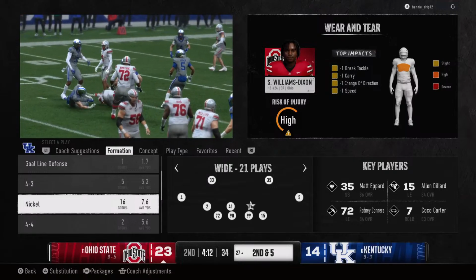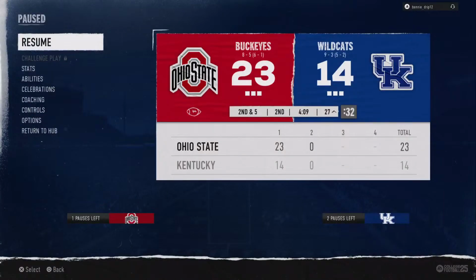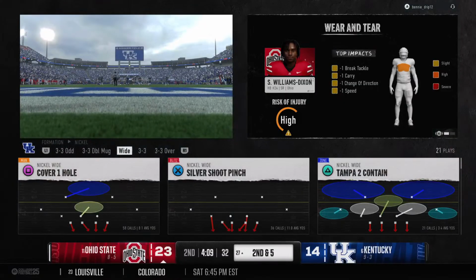Chris, I just love to see this offensive line in this running game. To establish themselves.